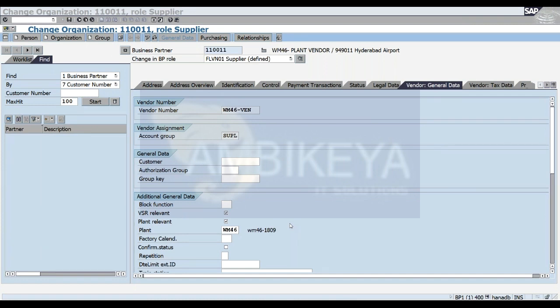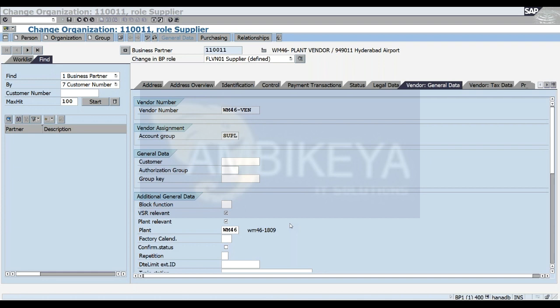So this will be unique. What do I say, it's a primary key, isn't it? Yeah, because when we are trying to create a plant vendor, obviously this is the place where I'm trying to assign it. Okay. This is where it says that this vendor belongs to this plant. If you're having 5 different plants like 46, 47, 48, 49, or 50, then obviously you have to create 5 different parties entitled to dispose. And obviously you have to come here and differentiate that. Okay. And as you said earlier,